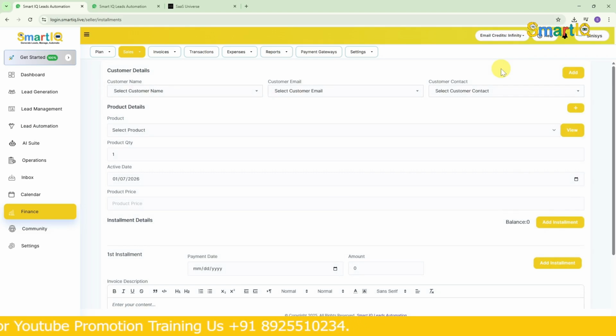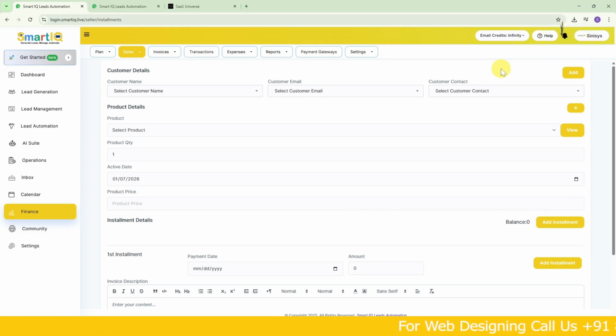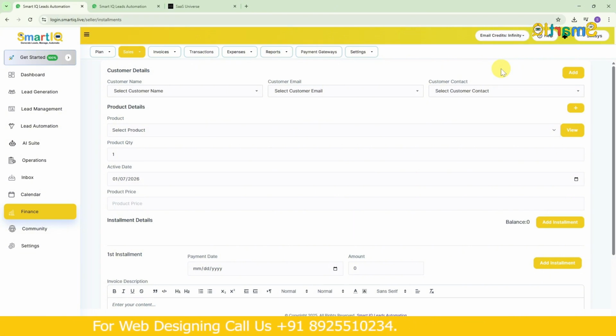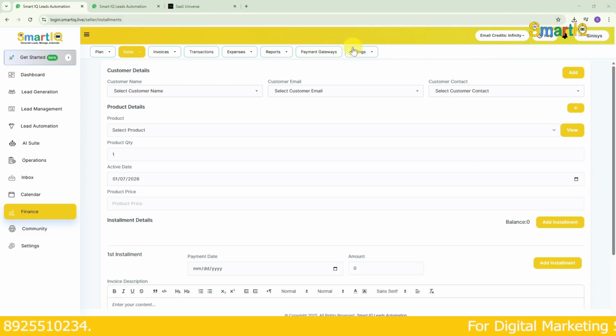Now for all these things, we'll add a workflow. If a due date is missed or if the installment date is coming up, a message will be sent to you 2 days before. And 1 day before, an automatic message will be sent as well. Every time we don't have to remember and do it ourselves. So there's nothing like that to worry about. Next, let's move on to the invoice feature.